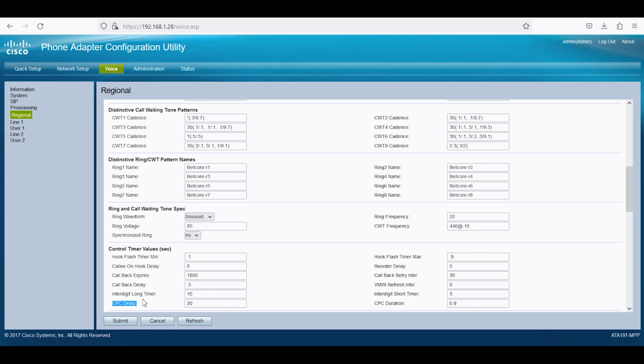Currently, WebEx Control Hub does not offer any settings for CPC delay, which is the focus of this video, nor any settings for CPC duration. If you notice, I have mine set to 0.9. So these are the two settings that might need to be adjusted if you're running into issues with an overhead paging deployment with the ATA19x-3PCC. If you're connecting the ATA to a third-party SIP server, as I am in this case,